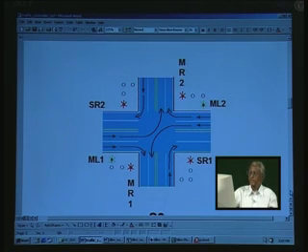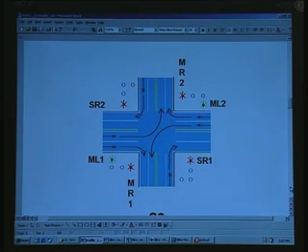So this completes one of the applications, the traffic light controller. We will be going on to the next application, and in the meanwhile I have seen that